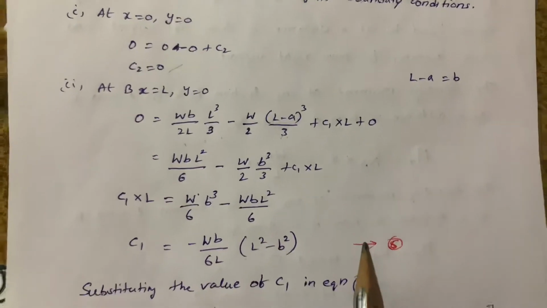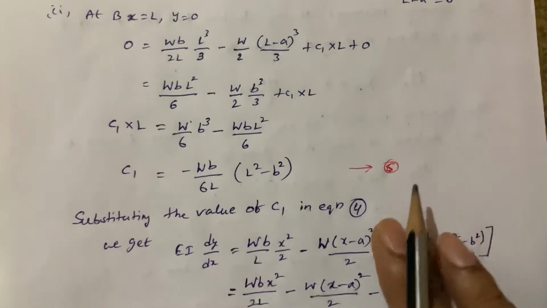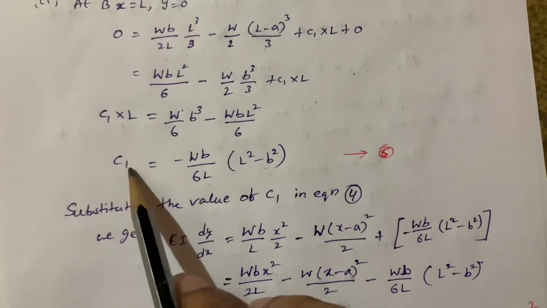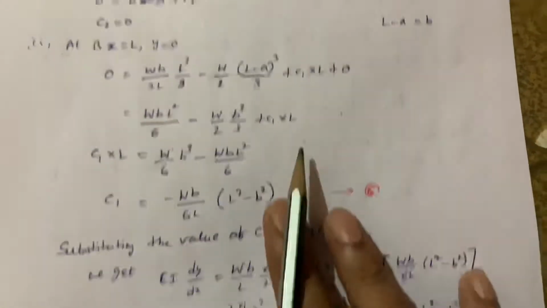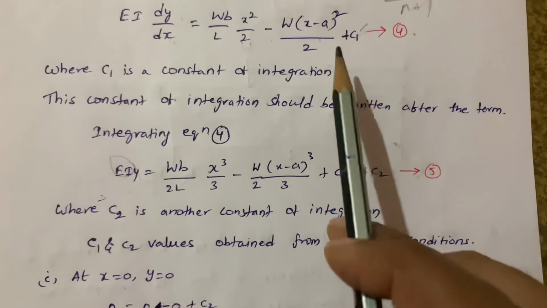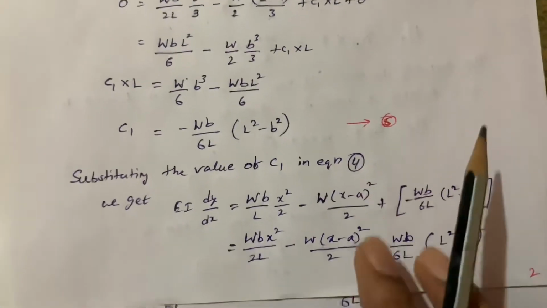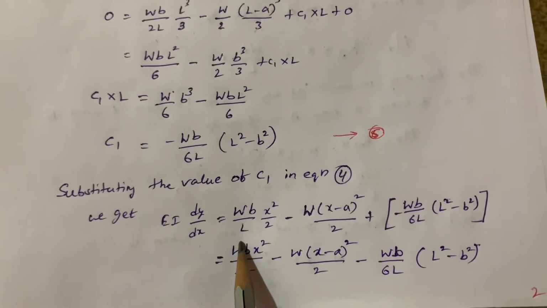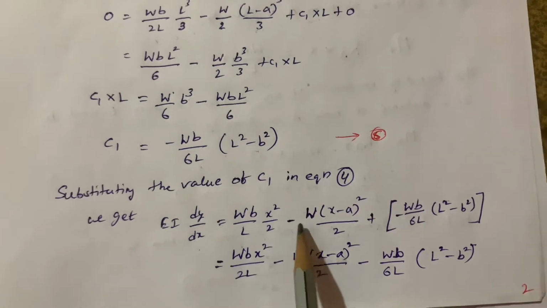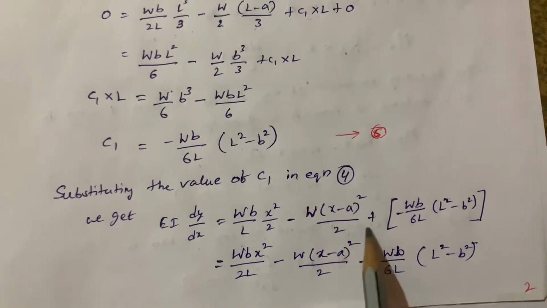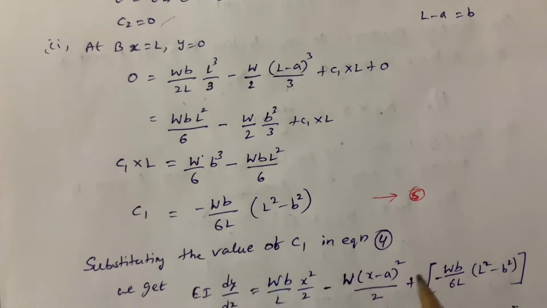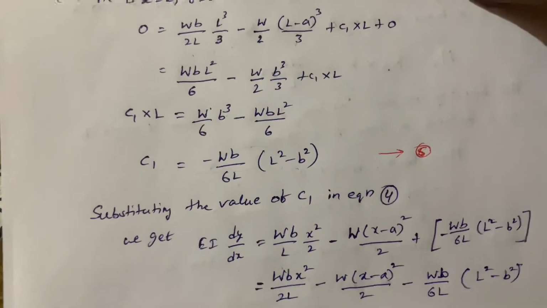After that, we have to calculate the value of C1 in equation 4. After substituting this value of C1 in equation 4, we will get EI into dy by dx equal to WB by L into x square by 2 minus x minus A whole square by 2, plus we have to substitute the C1 value. Here C1 is at last. So I am substituting this C1 value in equation 4. So after calculating that, I got